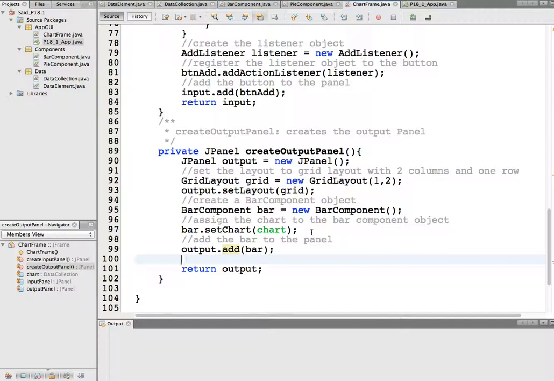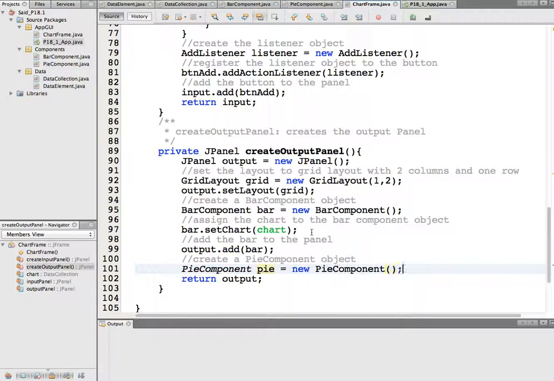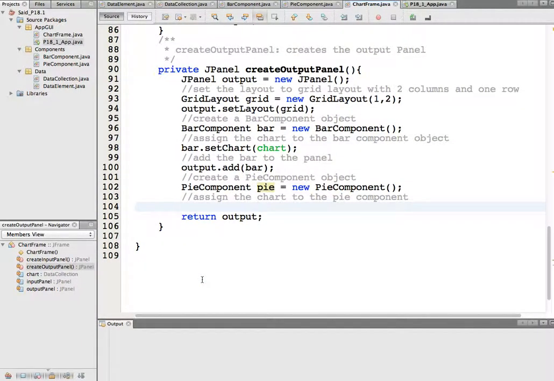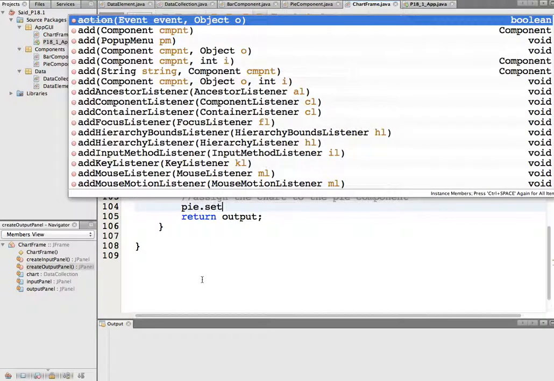Now the same thing, repeat again, create a pie component object, and we're going to do exactly the same thing. So pie component, pie equal new pie component. Since the pie component in my design here is a separate component, I will need to assign the chart to the pie component again as well. If you made a design where both of them were a member of the same component, then you don't have to redo that again. So pie.set chart,